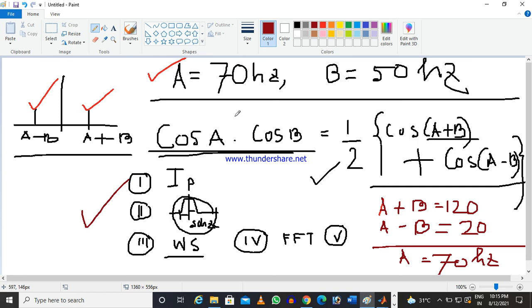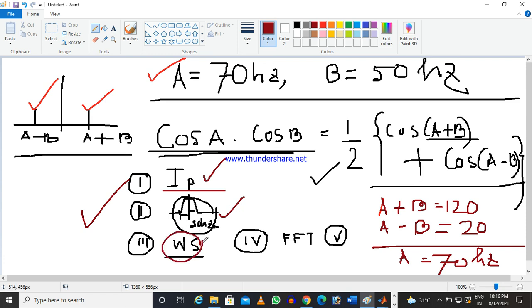So what steps did we follow here? We capture the time domain data, that means the phase current. After capturing the phase current, we pass it through a band stop filter, where I try to eliminate the 50 Hertz.